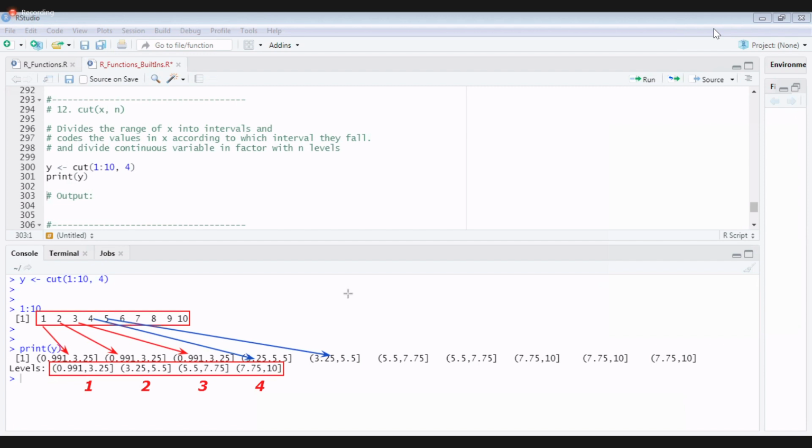Now, is this clear? Now tell me, what is the use of this? This is how cut works, but it is very useful. I will tell you one real-time scenario. I have conducted a survey. Suppose I have a supermarket. In that supermarket, I have conducted a survey: how many of you will like TVs, how many of you will like mobiles, and how many of you will like laptops? I have only 3 categories of products: TVs, mobiles, and laptops.